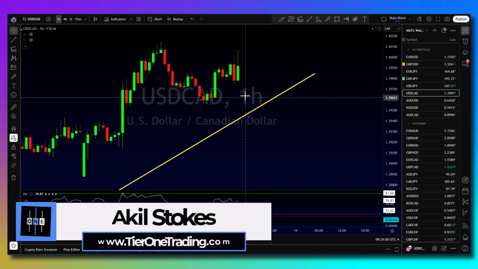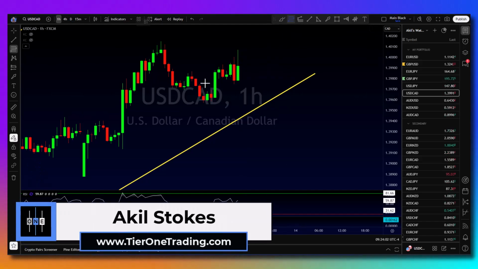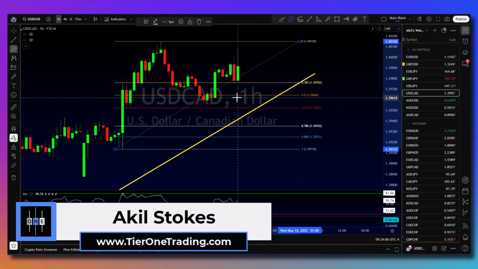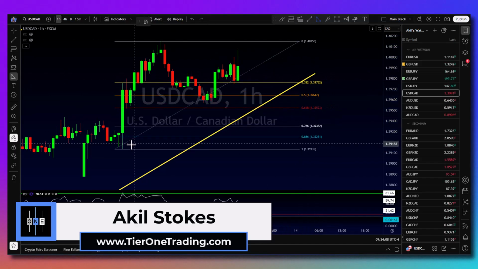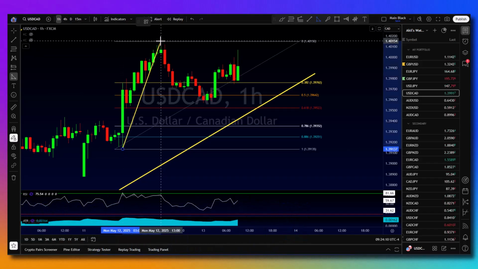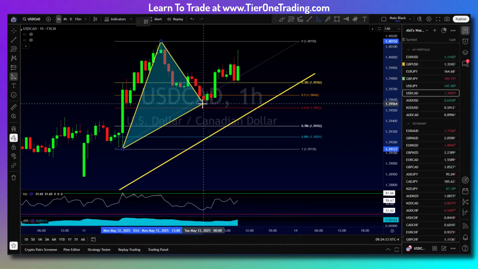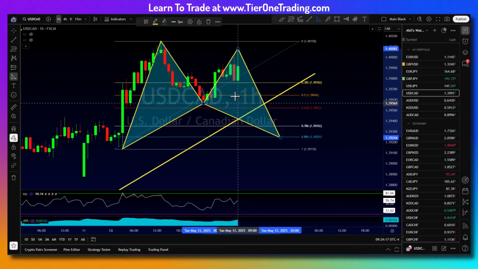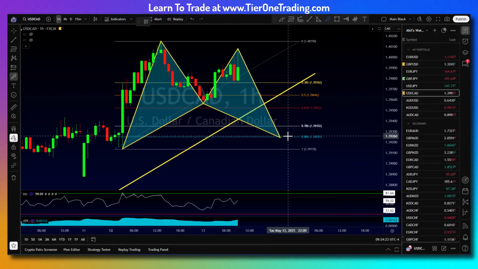We could still have an advanced pattern formation for me here. We're super early, but for you guys that like to identify things super early in advance, you have a bat pattern here, potential bat pattern, where swing low to swing high, X to A to B, B to C, C to D down here. Now, what's interesting about this is that if you're looking for longs here, ask yourself,